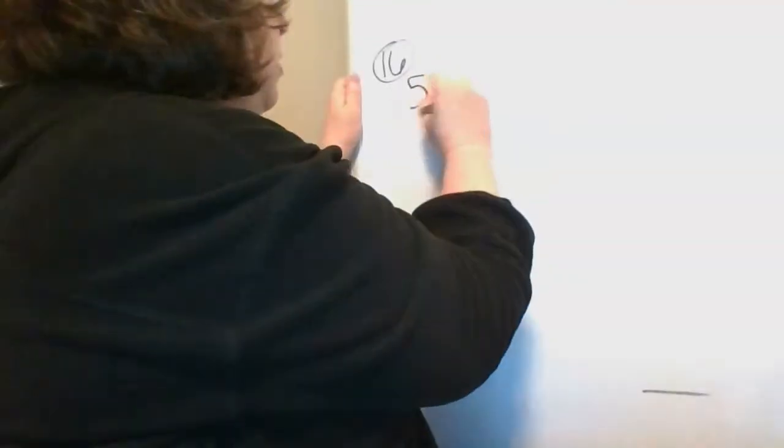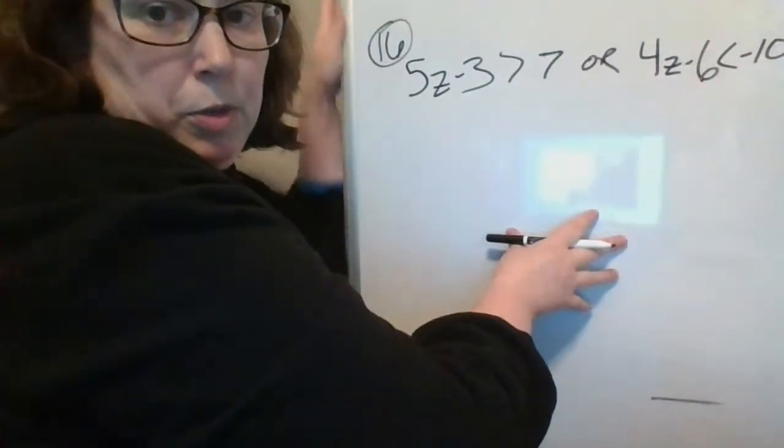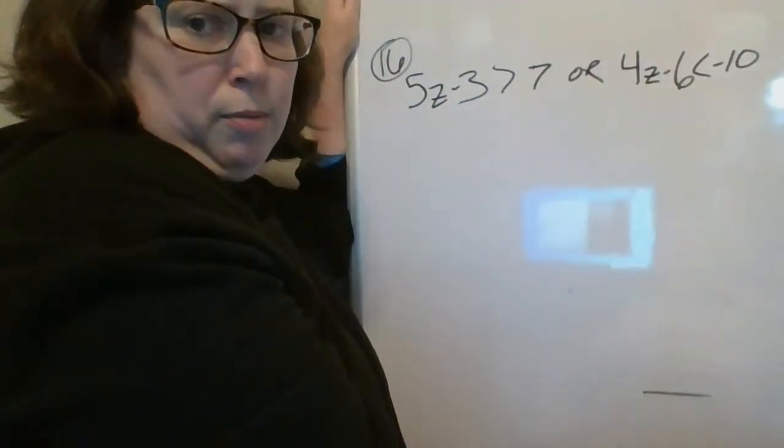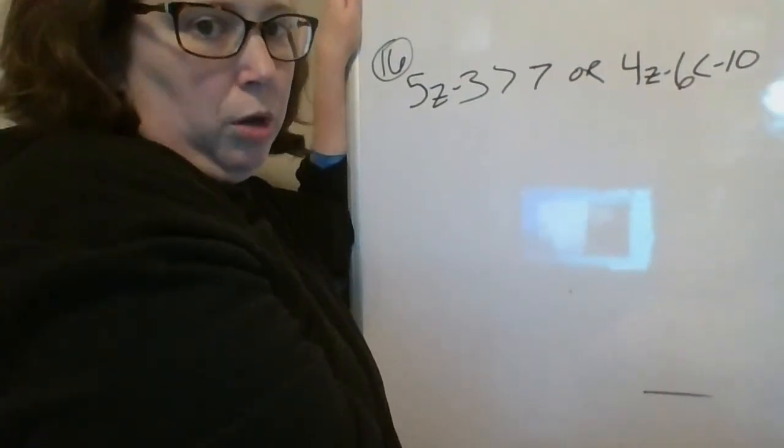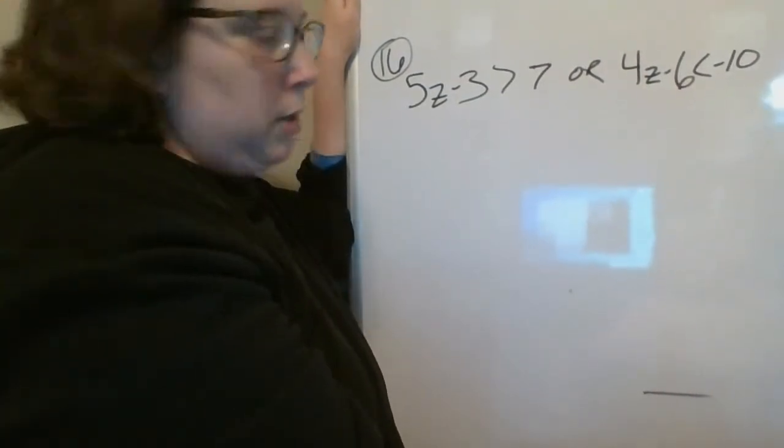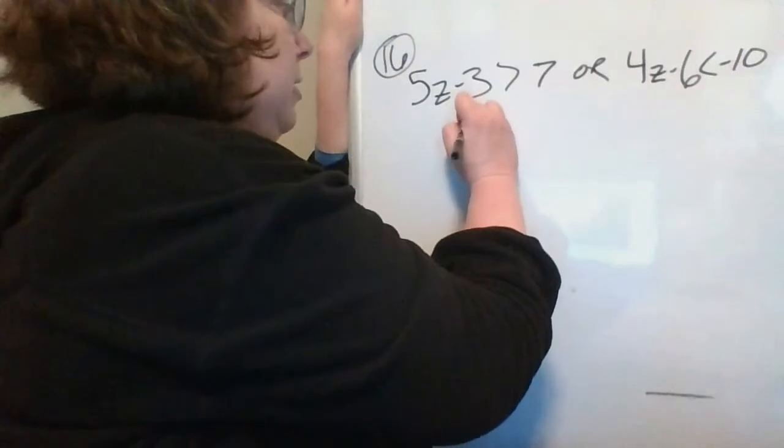Number 16 says 5z minus 3 is greater than 7, or 4z minus 6 is less than negative 10. So again, this one gets a little bit more complicated than the previous one, but you're solving two-step inequalities here. So when we do that,